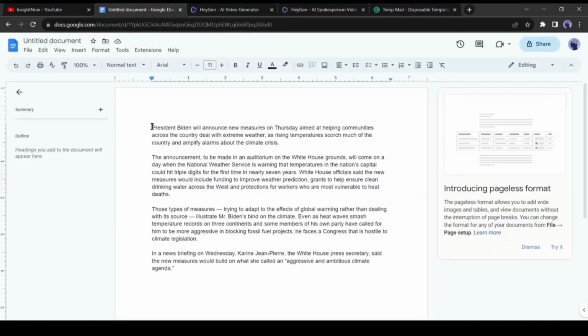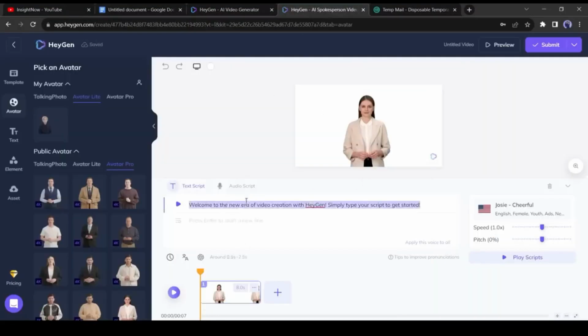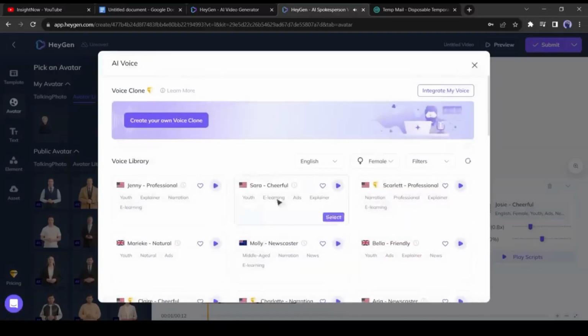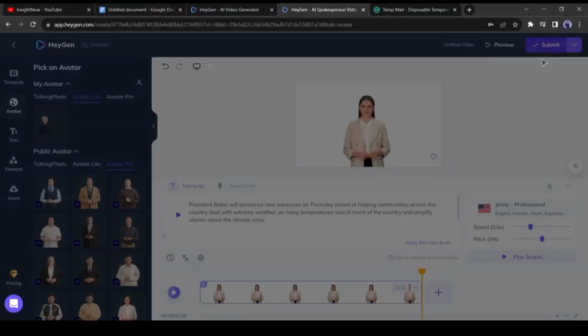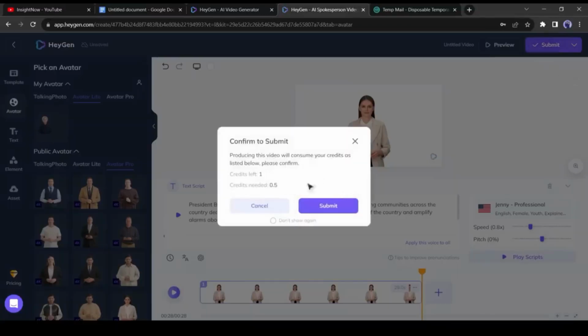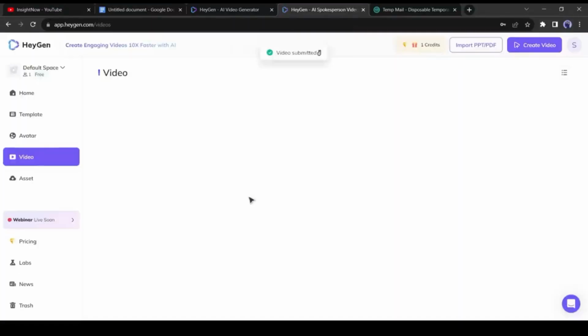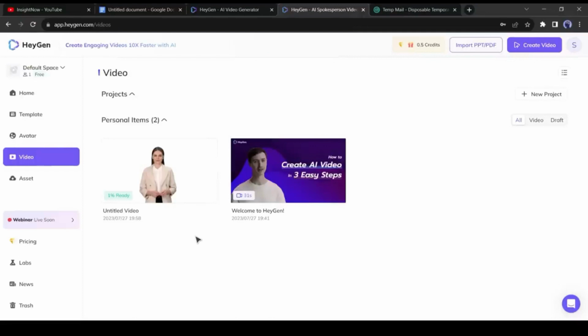Now go to the doc file and copy the first paragraph of your news. After that, you can change the voice model if needed. It's not very important. Alright, now click on Submit button. Oops, I have made a mistake. We need a green screen background in our video, otherwise, it may create disturbance in the next step. Let's do it